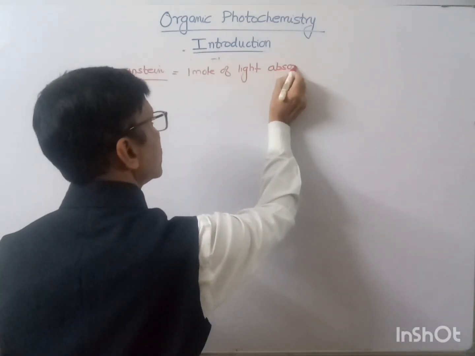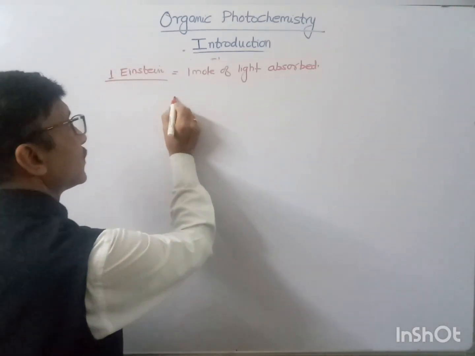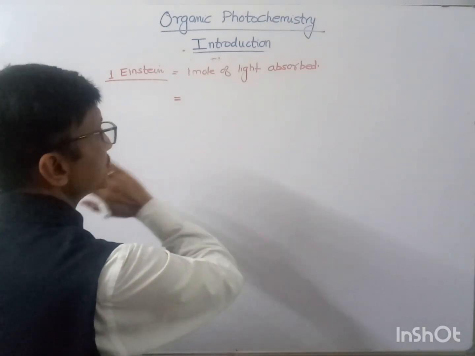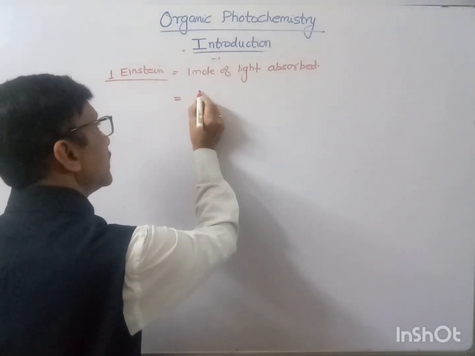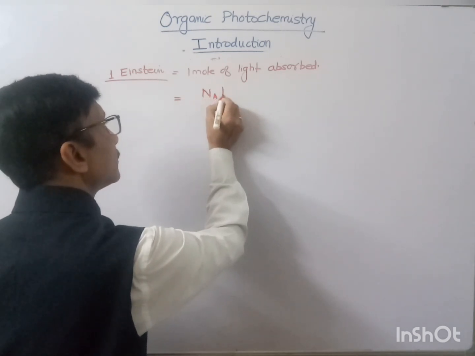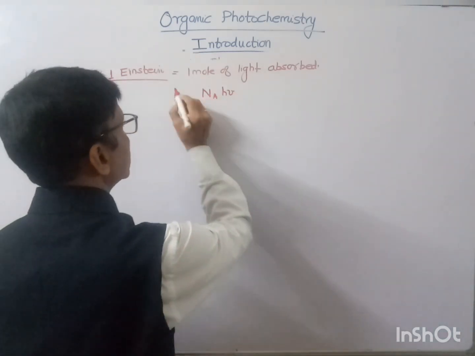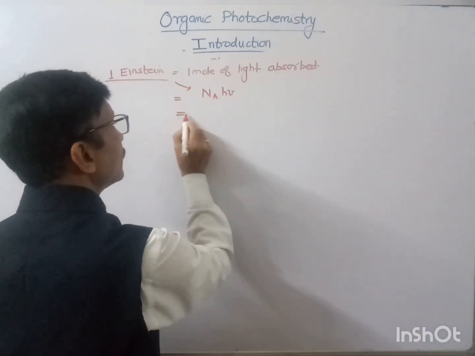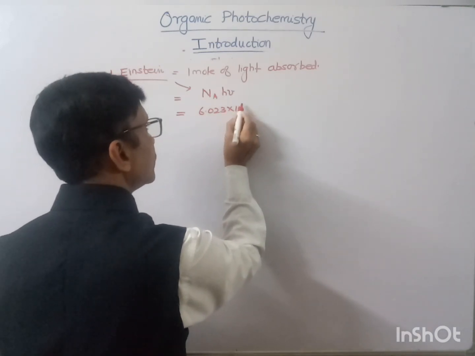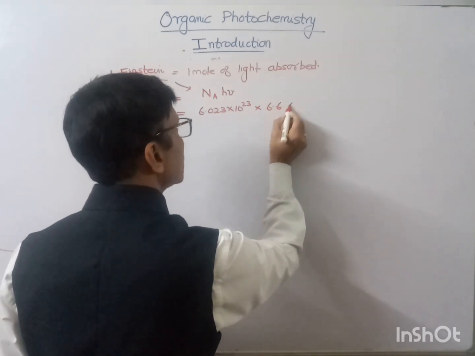That is called 1 Einstein. And we know that 1 mole of light absorbed is equal to N, that is Avogadro number, times h nu. This is our 1 Einstein. Avogadro number means 6.023 into 10 to the power 23 multiplied by 6.6 multiplied by